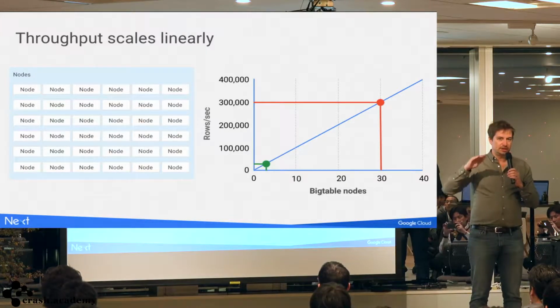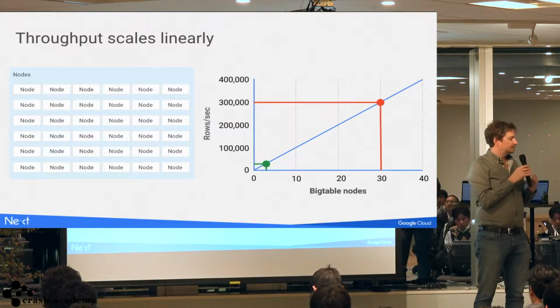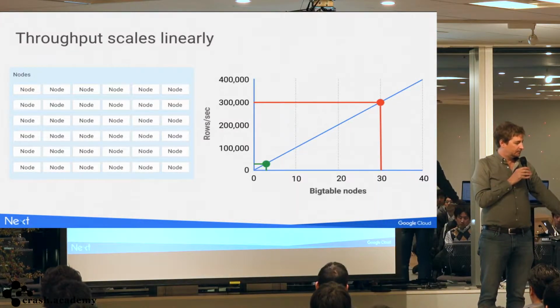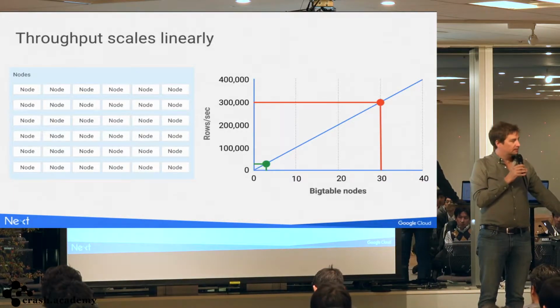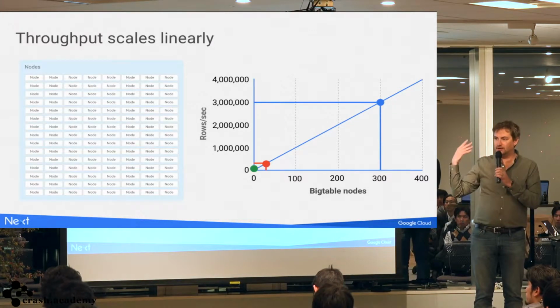Bigtable does that as well, but it happens at a level that you probably will never hit. 大体のデータベースにおいてもそうなんですけど、途中でどっか、限界値が来てしまってフラットになってしまうというところです。でもビッグテーブルの場合はこう線形に伸びていくんですね。